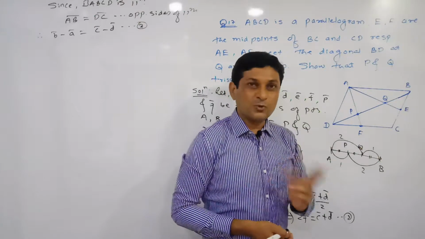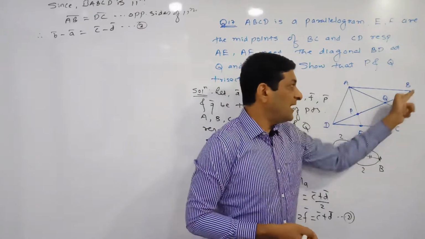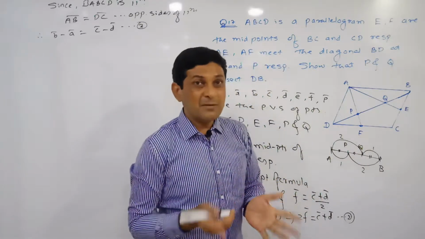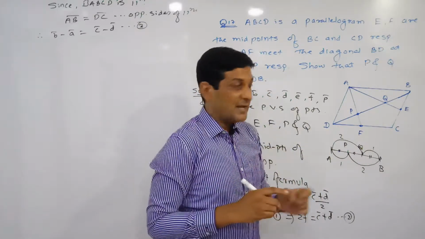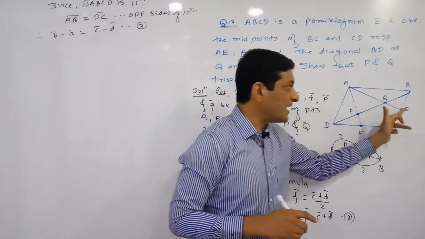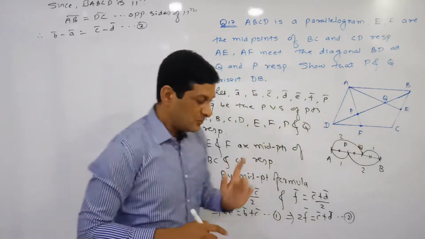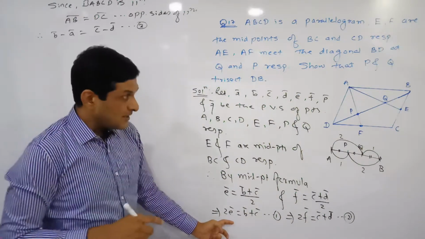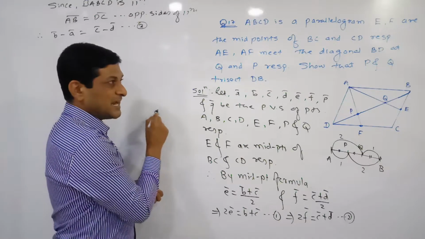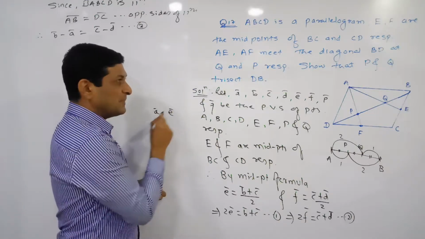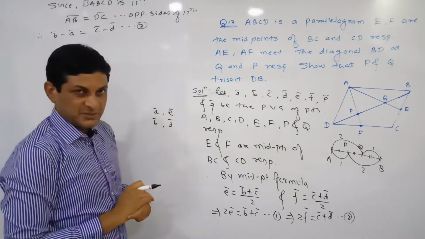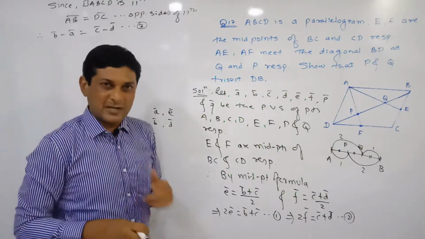So we are considering two vectors, AE bar and BD bar. AE bar means E bar minus A bar, and BD bar means D bar minus B bar. So we will require A bar, E bar, B bar, D bar. Now observe this equation. Again, which segments have we considered? AE and BD, meaning A bar, E bar, B bar and D bar. These are the required vectors in our expression to get our required result.